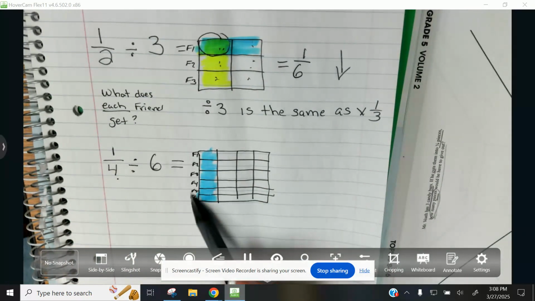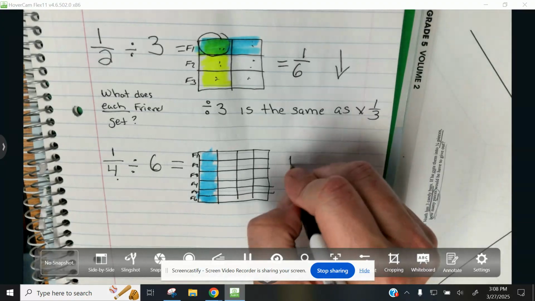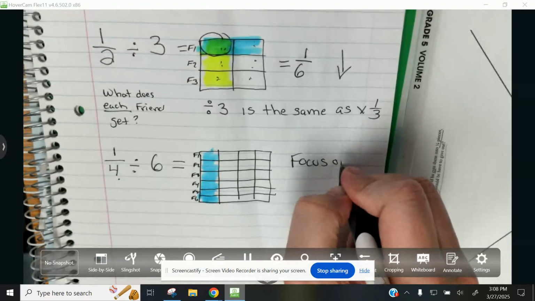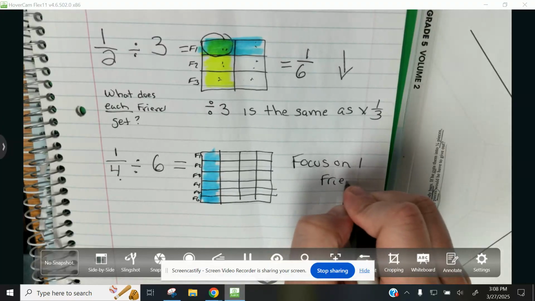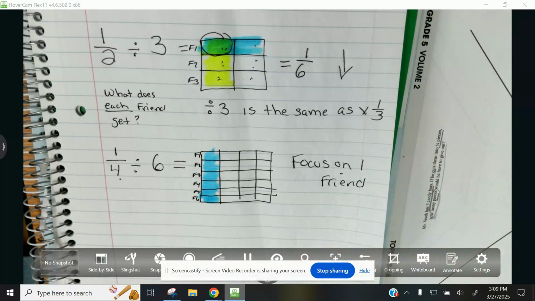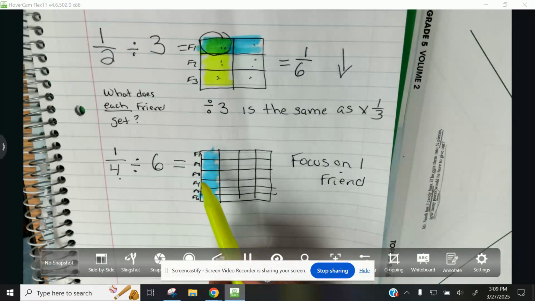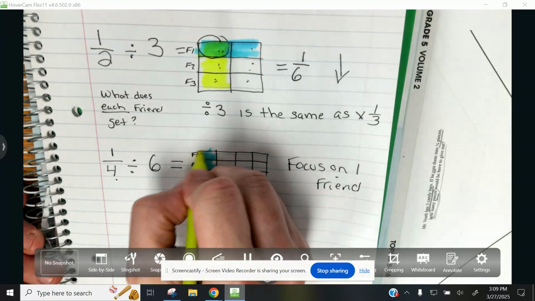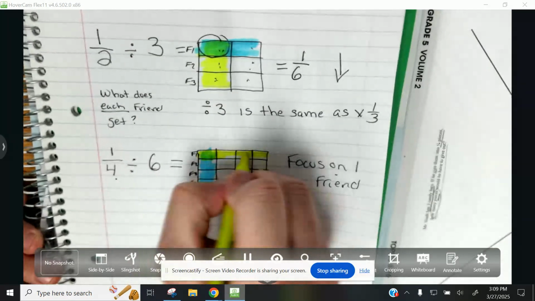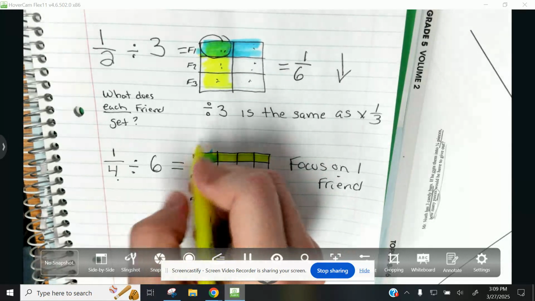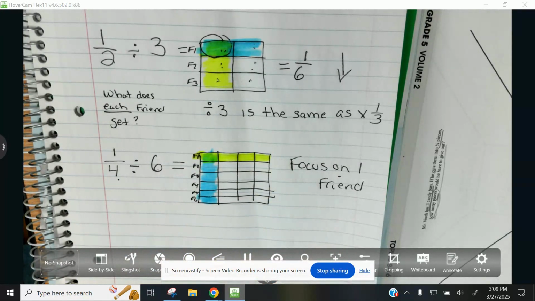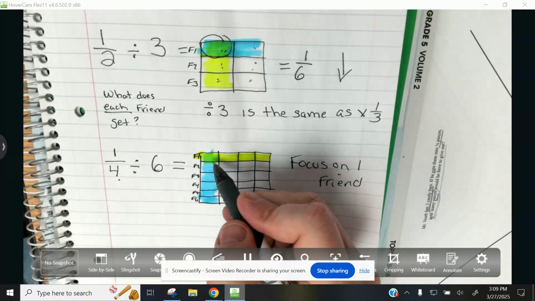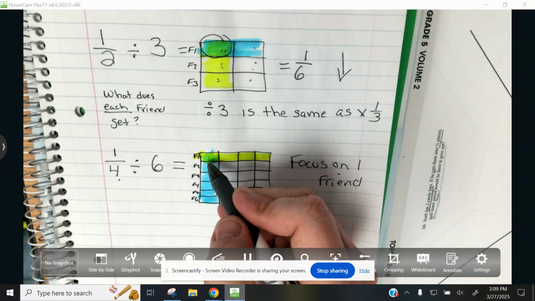So I don't have to look at all my friends. Focus on one friend. Okay? Focus on whoever. I'm just going to stick with the first one just because it's easiest. So boom, right here, right there. That's what friend 1 gets. That's his section. That's how I labeled it. So I shade everything. Where my answer is where the piece that I have lines up with what my friend